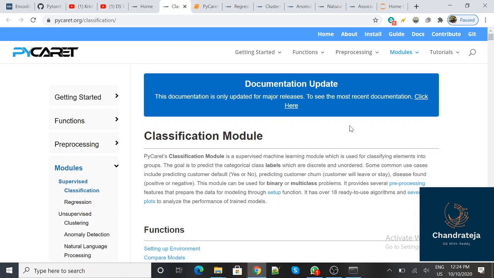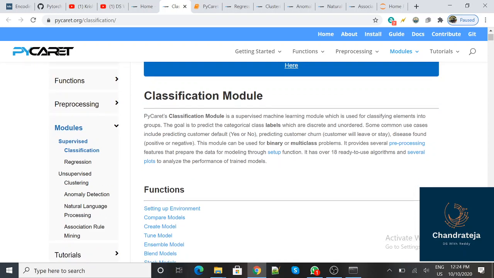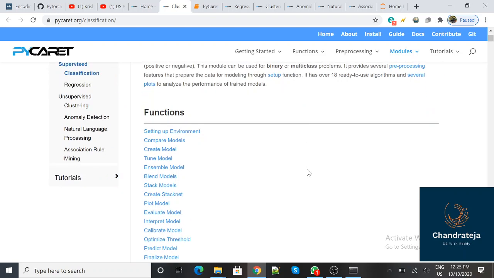So let's dive into the code, and let's discuss this classification model, how it is written and what functions are used in this model. So let's see the model, and this is our PyCaret model. A classification model is nothing but a yes or no classification, or 0 1 classification, and we have binary classification and multi-class classification. PyCaret can handle both. So here are some of the functions mentioned in the classification, what they have built and what we are going to use.